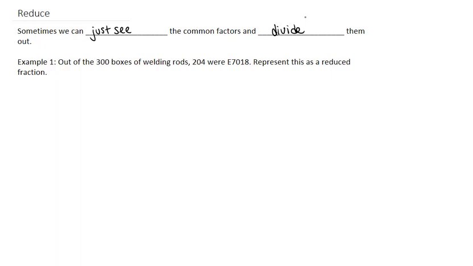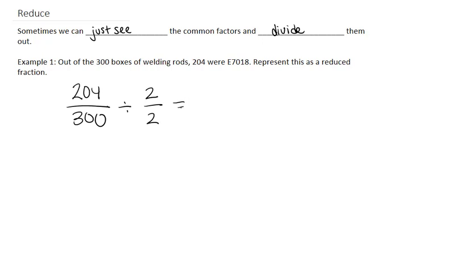So if we were to show this, we would write the fraction as 204 were a certain kind out of 300. Now, if we have 204 over 300, we need to write this as a reduced fraction. We can see the top and the bottom are both even. So we could just go ahead and divide by 2 on the top and the bottom. So if we go 204 divided by 2 and 300 divided by 2,